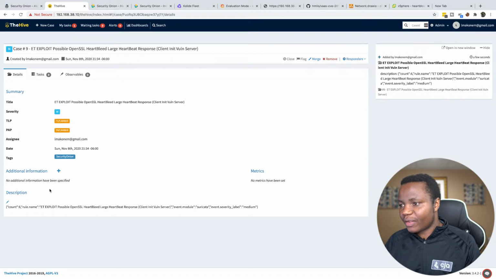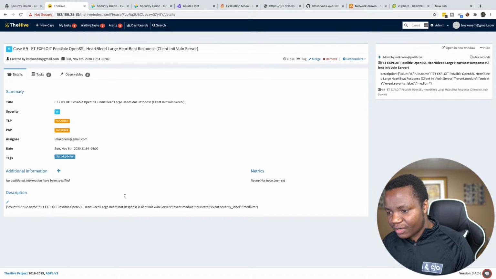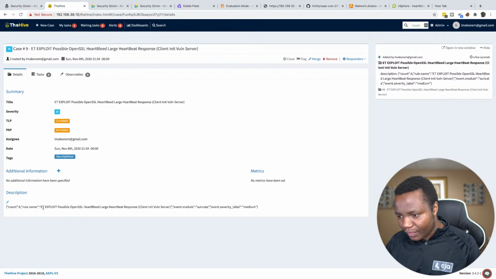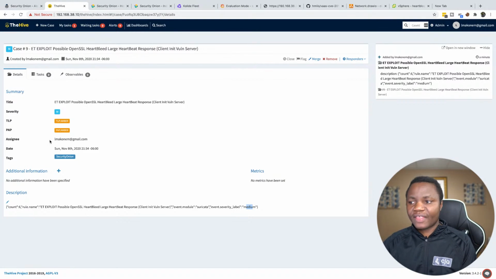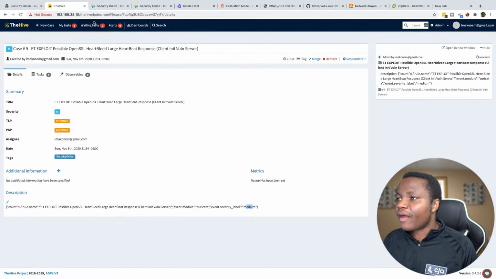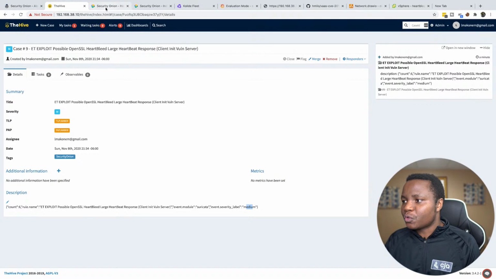But so far, this is where we have our incident. And from here, very quickly, we can see that this is the rule that fired. It's called ET possible SSL Heartbleed large response. And it was fired from Suricata and as a medium, which we already know. So this is good. It's already documented in here. After you have a bunch of incidents in here, people can sort them by severity and stuff like that. So this looks even nicer when it's in a production environment and there's more analysts interacting with it other than just one person like myself. But I just wanted to show you that it's a capability for Security Onion that you can use. All right, interesting enough, let's go to our